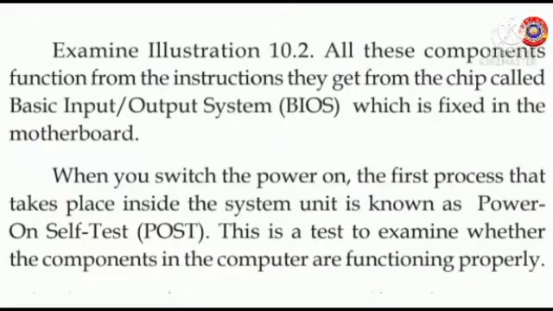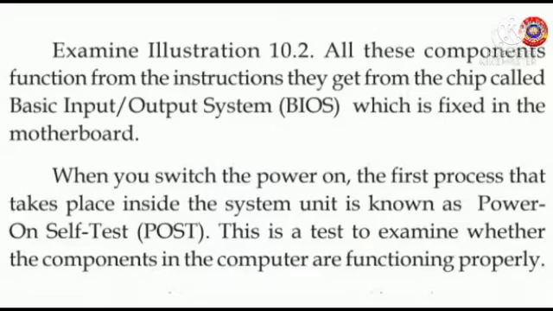All these components function from the instructions they get from the chip called Basic Input-Output System, that is BIOS, which is fixed in the motherboard. Okay, so when the power is turned on, first the operating system collects the information or the instruction from BIOS, that is the first process. Then